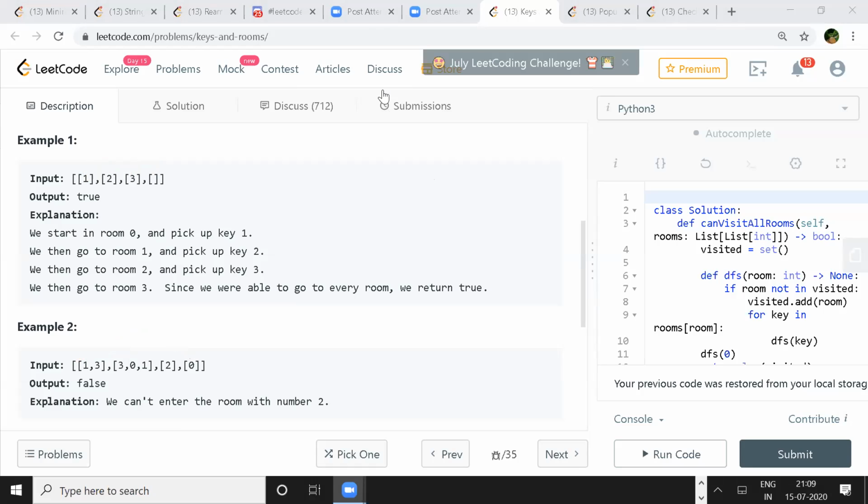Yeah. Yep. Like keeping track of, so that means we'll have to have two sets. One is basically the set of unvisited rooms, which will be everything other than 0, because 0 is always open for us. Then a set of available keys to the rooms. Once we use a key, we remove it from the set, and we remove that room from the unvisited list. So at the end of the algorithm, when we exhaust all the keys but there are still rooms in the unvisited set, that means there is failure.